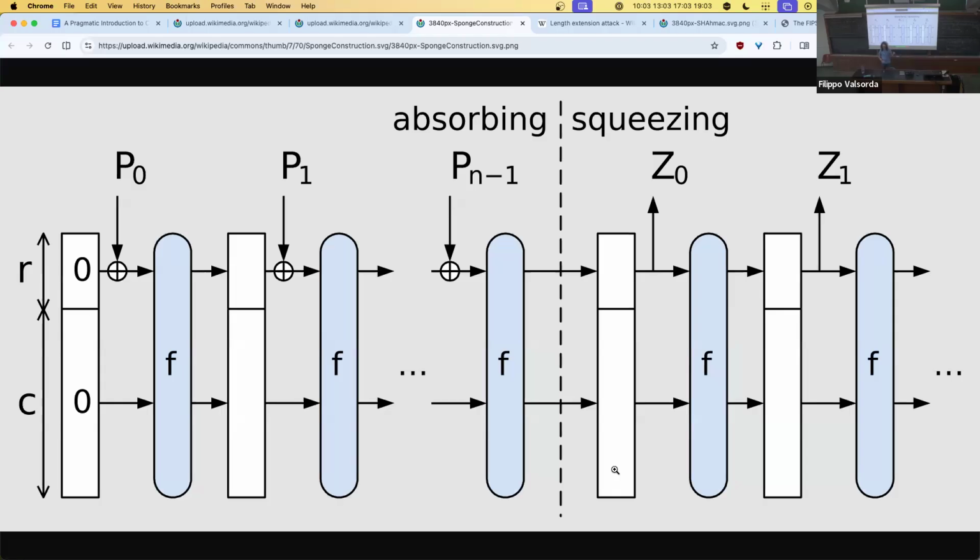SHA-3 is made out of Keccak-1600, which is the size of the thing, which is nice because it means you can put it in silicon. It's 1600 bits. So R plus C is 1600 bits. So actually, R is much bigger than C. Correct. Yeah, because otherwise it would take forever to do the thing.